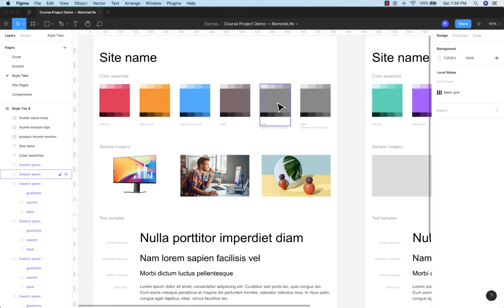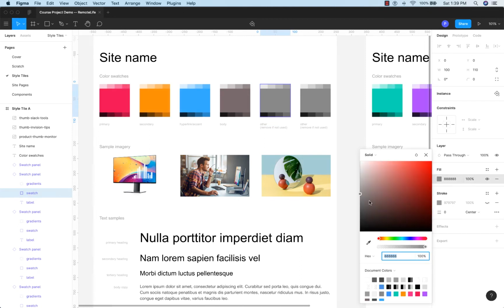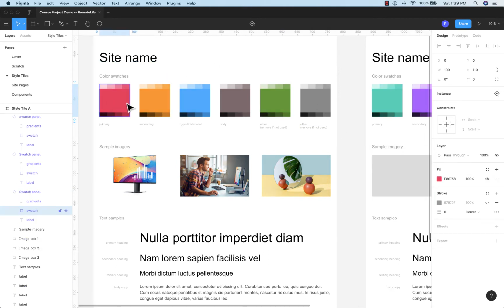Okay, and then these other ones are optional, but what I might do for at least one of these is grab a green from that branch up in here, just so that we have perhaps a success color. When we do interactive design, we often think about colors conveying functionality or purposes within the site, not just brand colors. So it can be nice to have a color that you can use for a success color, and that makes me think that I actually want to push this one a little bit more